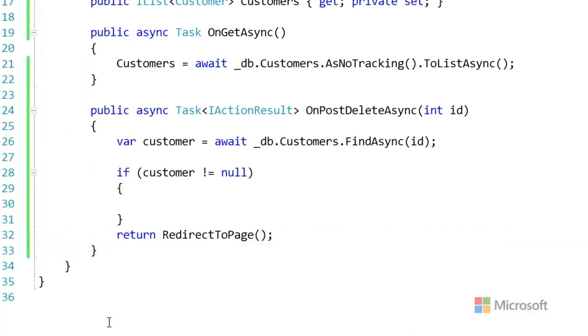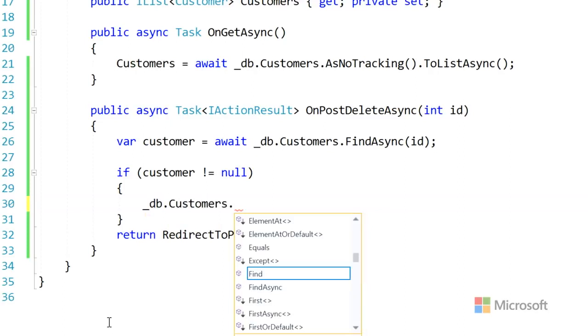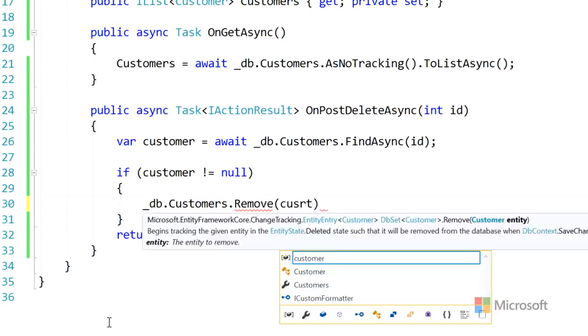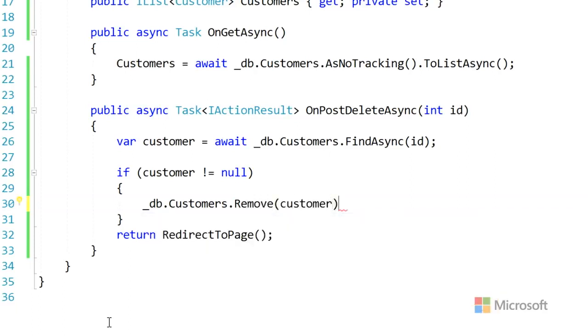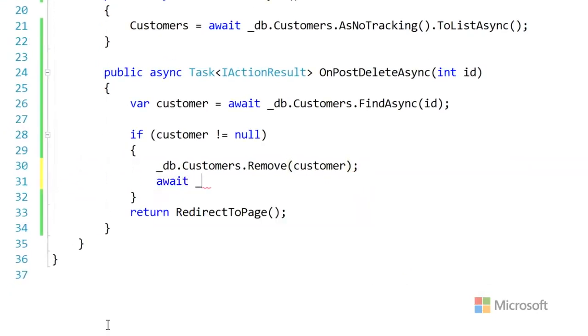So here, we're going to remove it from the database. And we're doing an in-memory database, but it doesn't matter, because if it was a regular database, it would remove it for us as well. That's what's nice about Entity Framework. I'm not a very good typer. Customer. So we remove the customer, and then we go and we save those changes. And then I would expect it would then redirect to the same page,